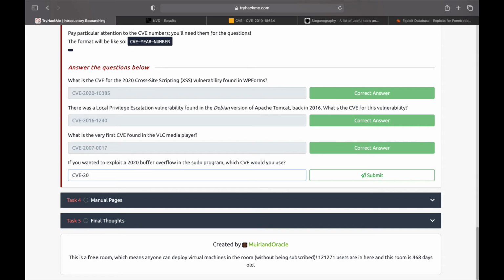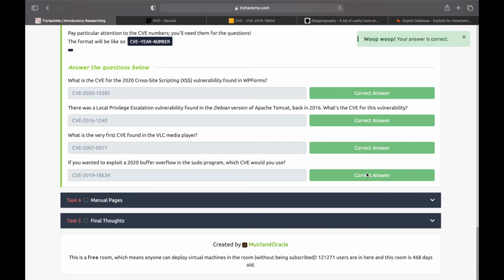CVE-2019. Actually, here the bug was found in 2019, but it was publicly disclosed in 2020. So that's why they asked about a 2020 buffer overflow.